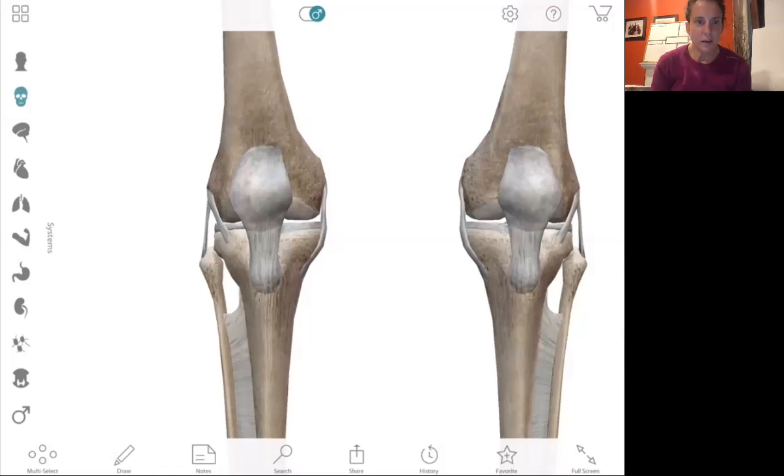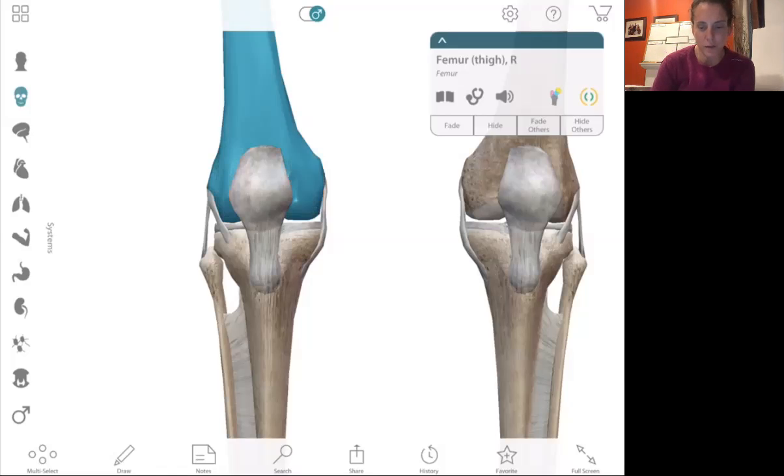Okay, in this video, I am going to record my screen and go over the anatomy of the knee. I'm going to start with the bones, the ligaments, and the meniscus, and then I'll do a second video about the muscles. So when we're talking about the bones that make up the knee, we have the femur, obviously,